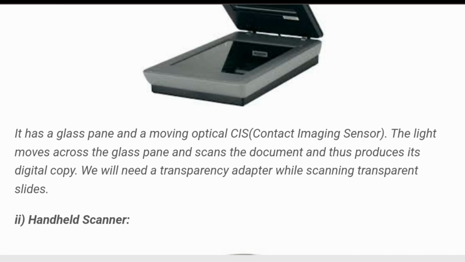The light moves across the glass pane and scans the document and thus produces its digital copy. We will need a transparency adapter while scanning transparent slides.